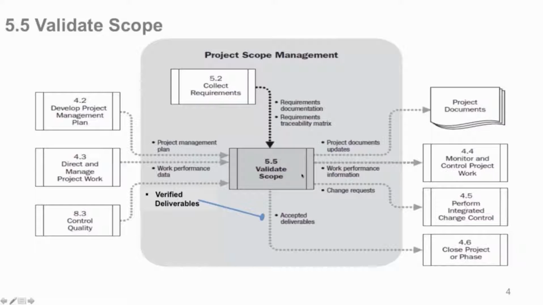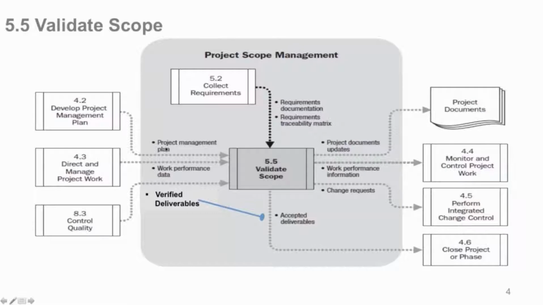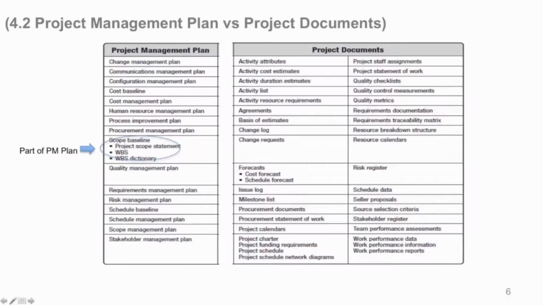Now, the primary thing we're doing with Validate Scope is looking at the work breakdown structure. So where is that as an input here? You don't see it, do you? The reason is, and this is the PMBOK, that's the way they do things here. If it is part of the project management plan, they do not necessarily go to the trouble of saying it concisely. So over here, the project management plan, this is where the scope breakdown is. It's in there. See, the scope